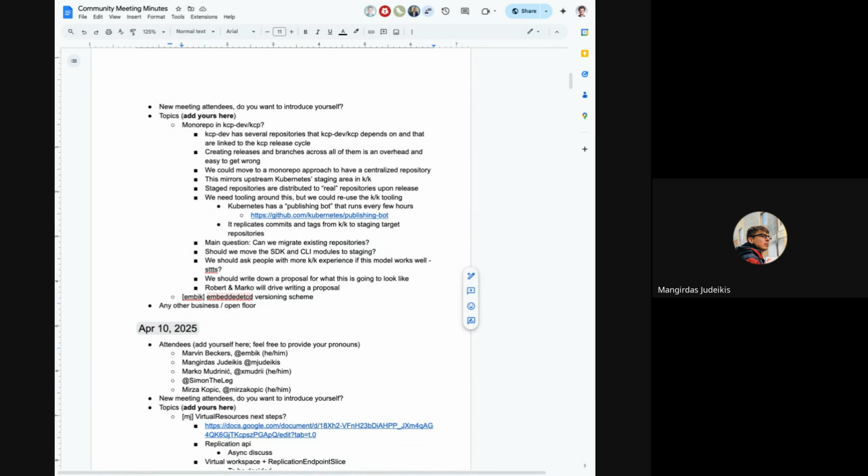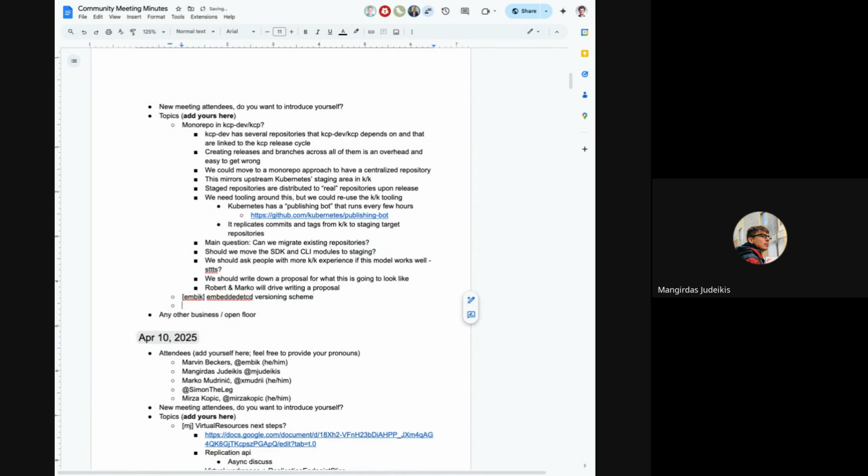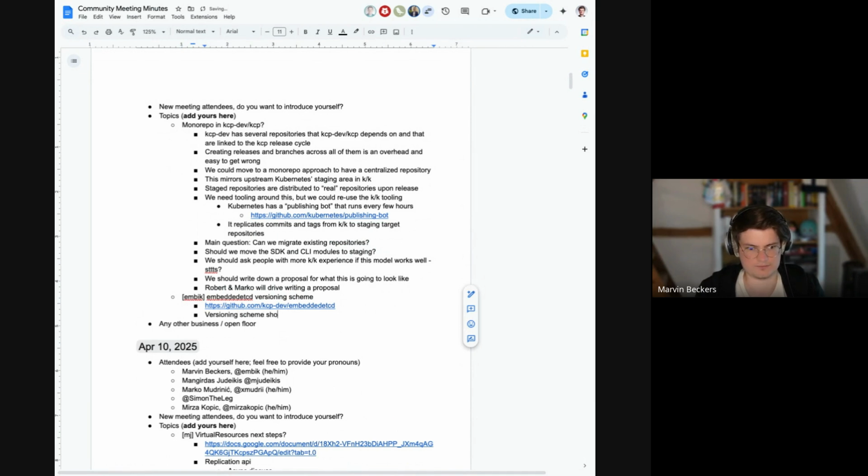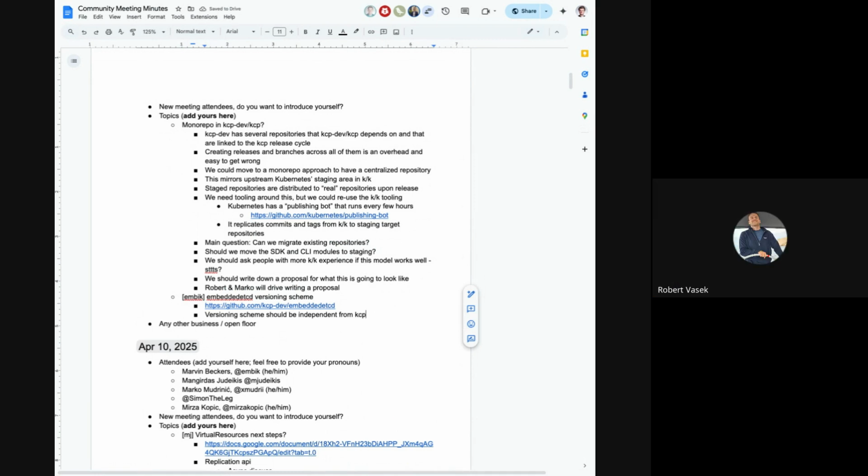Yep. Cool. I'm in a not very meeting-friendly place. So in short, we moved it out because we needed it for a generic control plane repository. And yes, you are right. It's more like a logical cluster repository, which is basically disconnected from versioning and staging. Kind of different versioning. I don't expect it to change a lot, to be honest. So yes. Okay. The scheme should be independent from KCP. Okay, Robert, does that help us already? That probably means we shouldn't align this repository. Yeah, exactly.